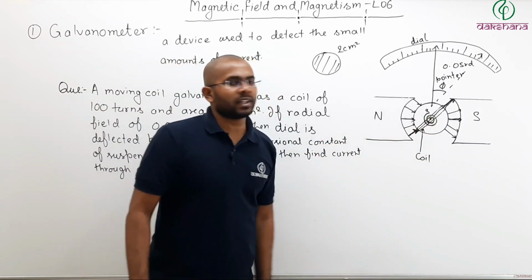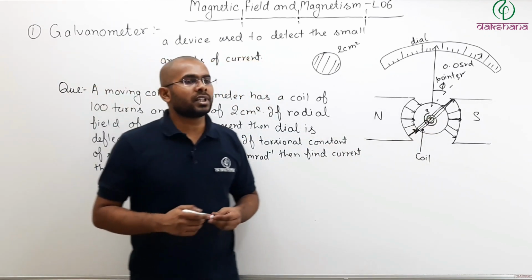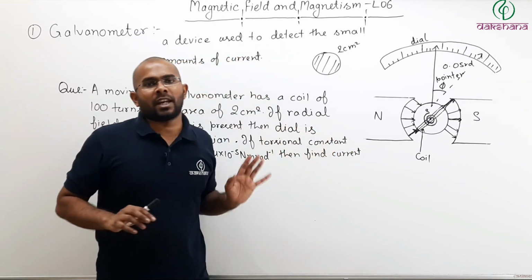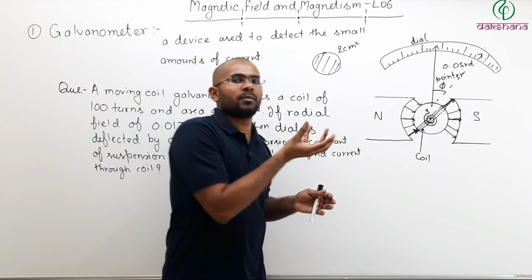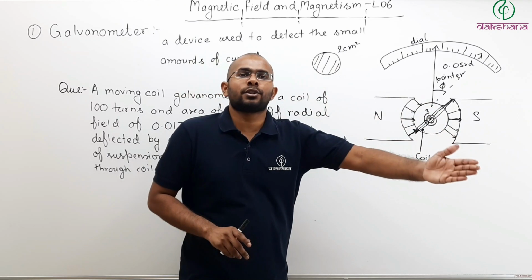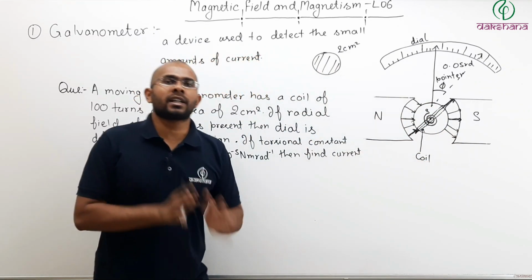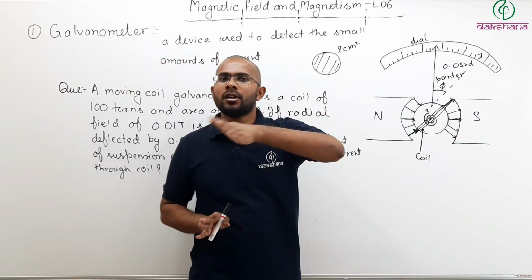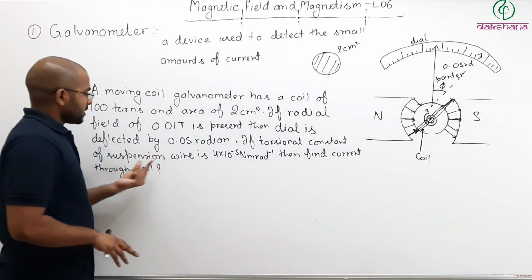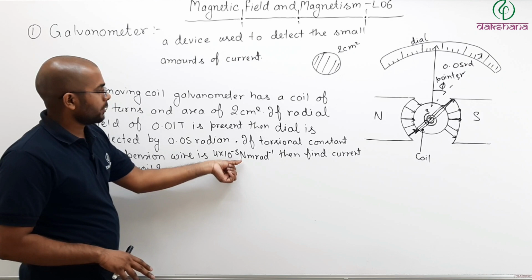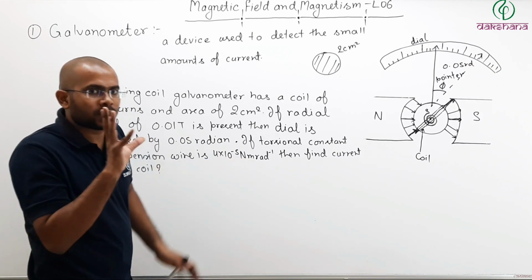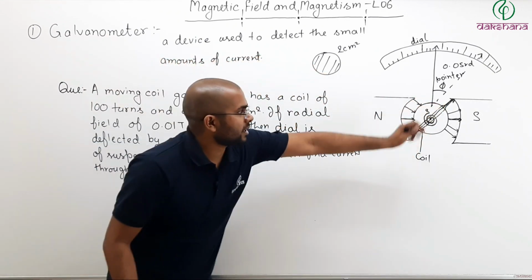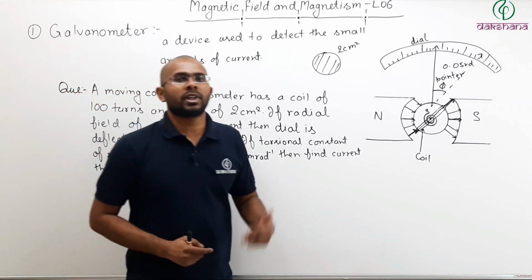Now here in this case we have discussed through a spring. In some books it is also given as a suspension wire, no problem. They both work the same way. Depending upon the angle rotated by the coil, they will apply a restoring torque. There is no difference between the working of a spring or a suspension wire. The same formula applies on both of them. So the suspension wire has 4 into 10 to the power minus 5 Newton meter per radian. Depending upon how much angle is rotated by your coil, the suspension wire, or in this case the spring, they both will apply restoring torque.